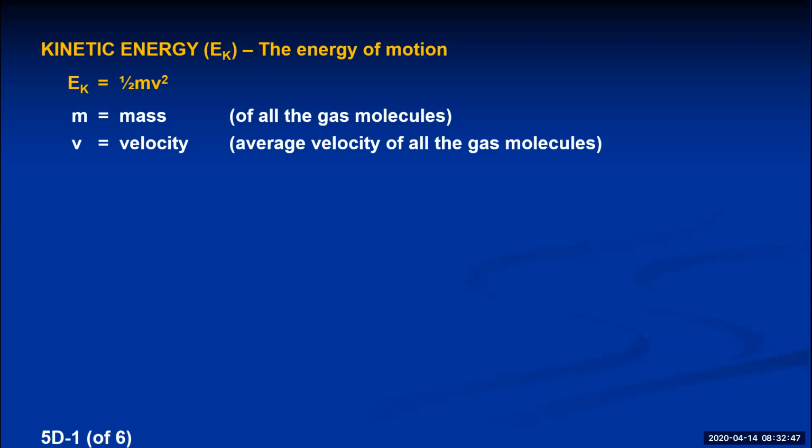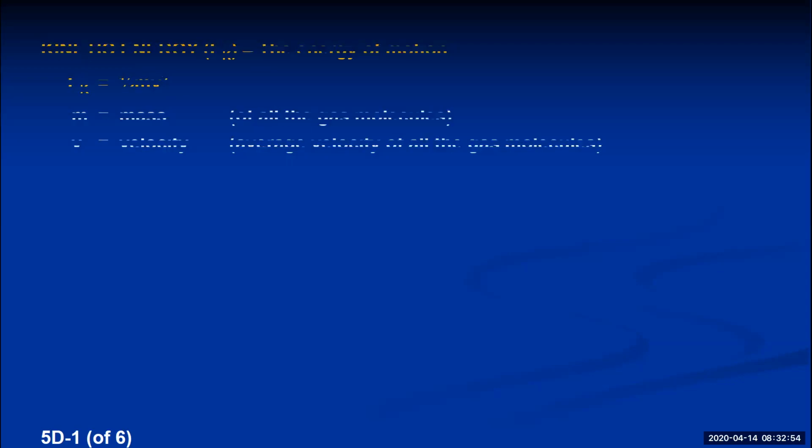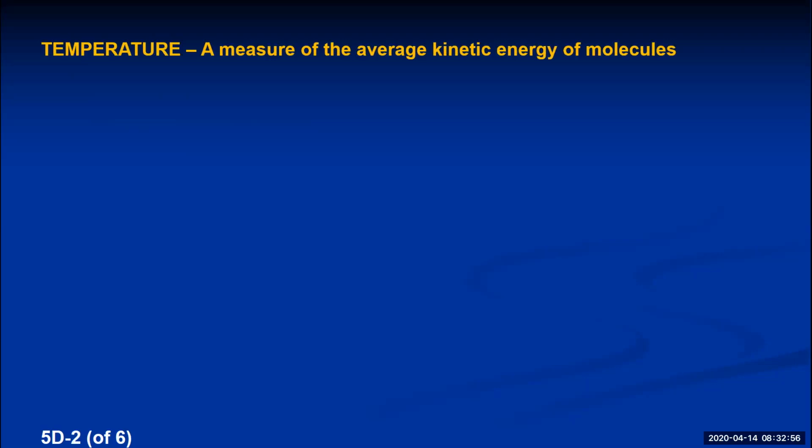Well, why is this relevant? Because kinetic energy is related to a property of gases we can measure, and that's the gas's temperature. Temperature is really just a measure of the average kinetic energy of molecules. If molecules start moving faster, we recognize that as an increase in their temperature. So if you have a substance with molecules with high kinetic energy, they're at a high temperature. If the kinetic energy of the molecules in a sample is low, that means the temperature is going to be